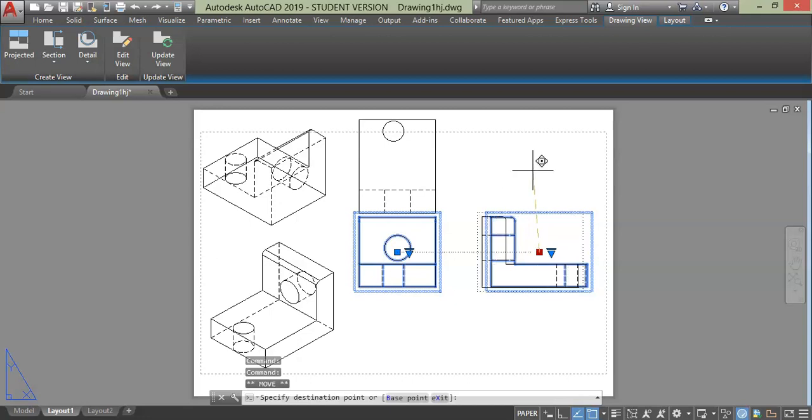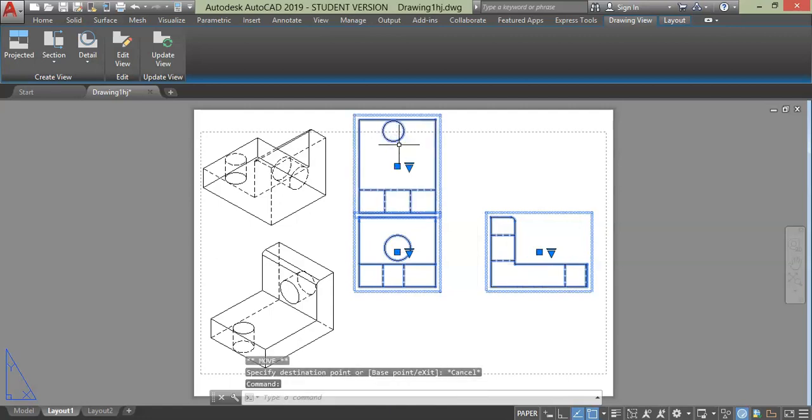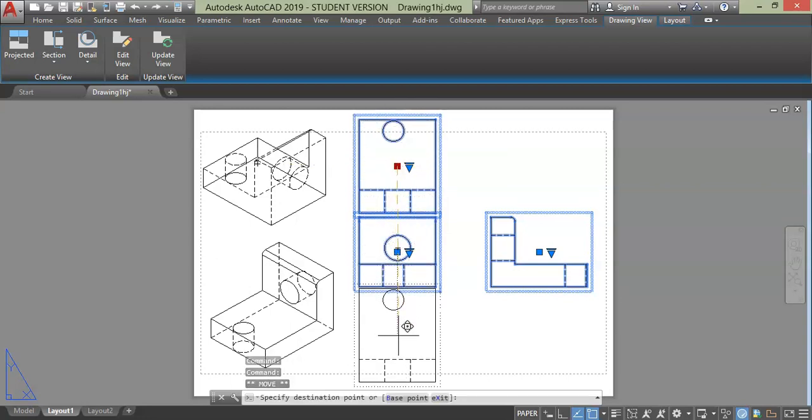Even if I take my cursor upwards or downward, you notice that my view will remain oriented in the proper alignment of the base view. Similarly, for this view also, if I try to move right or left, it will not move but can be moved up or downward direction, keeping aligned with the base view.